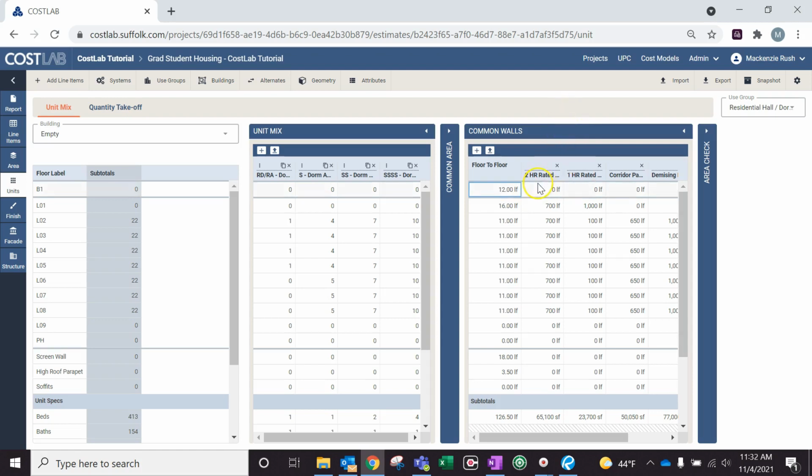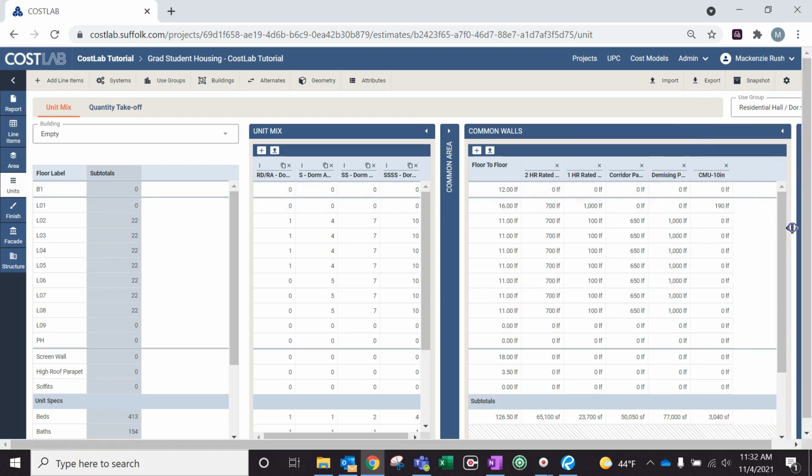You can see that we've broken this out into 2-hour rated, 1-hour rated, corridor partitions, demising, CMU, and it's allowed us to get specific quantities on a per floor basis rather than on a per room